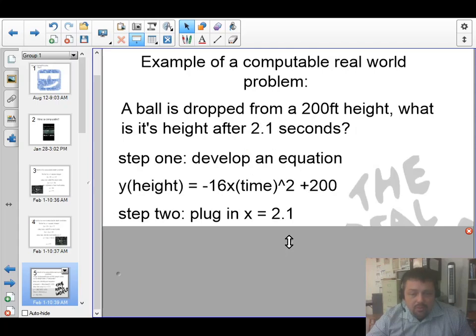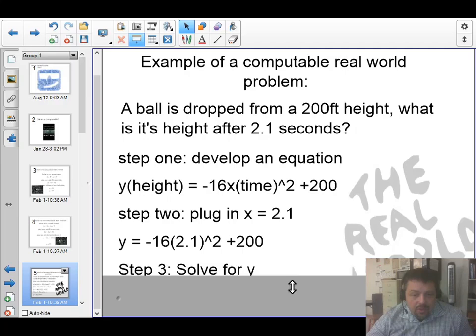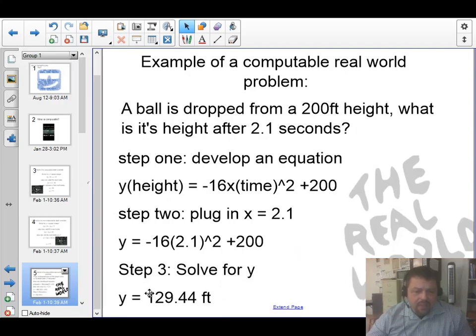So that comes from the problem itself, which gives us this: y equals -16 times 2.1 squared plus 200. And then the final step is to solve for y, and we get y equals 129.44 feet. So after 2.1 seconds, starting at 200 feet, it will be at 129.44 feet. And the nuance of the problem aside, that's an example of a computable real-world problem, one we can